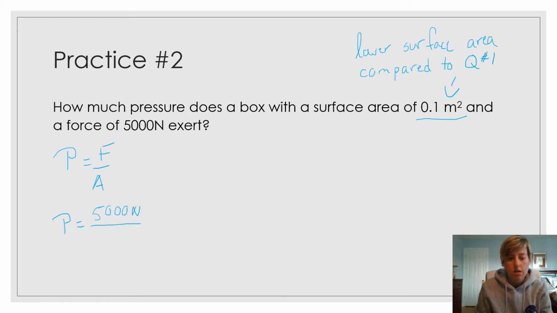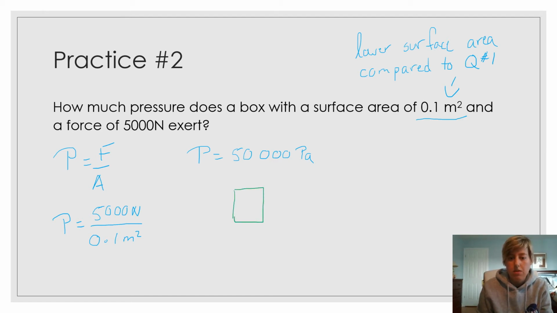And now our surface area is reduced, and it's now 0.1 meters squared. And when we do 5,000 newtons divided by 0.1 meters squared, we get pressure is equal to 50,000 pascals,